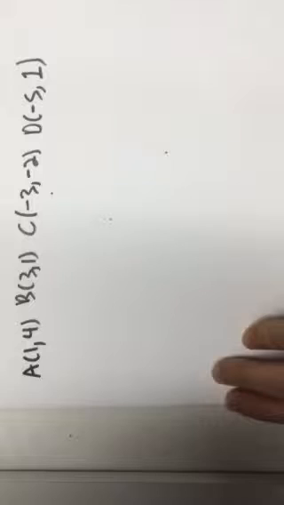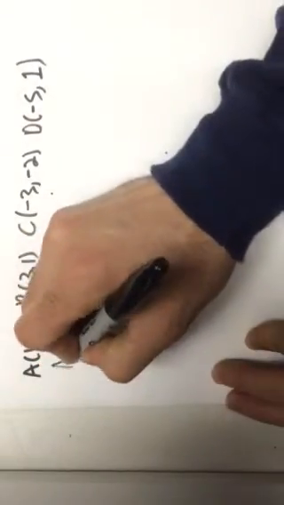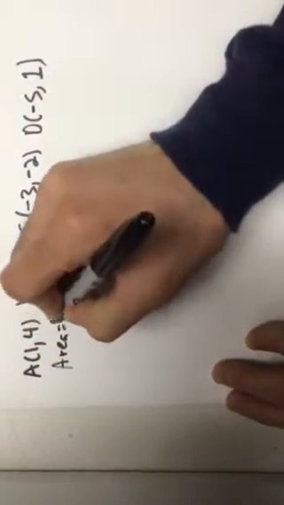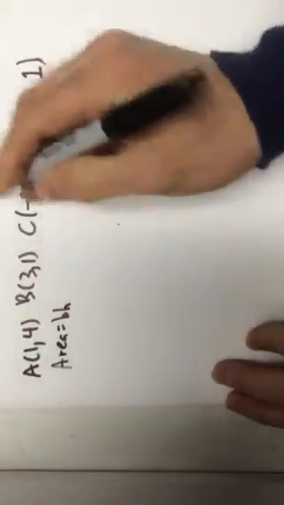Study guide page 2, number 10. They give us a rectangle. You have to remember that a rectangle has 4 right angles and opposite sides have the same length. They ask for the area and perimeter. Remember that the area of a rectangle is the base times the height, and the perimeter is just adding up